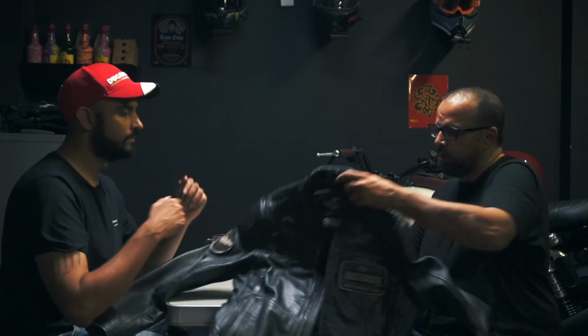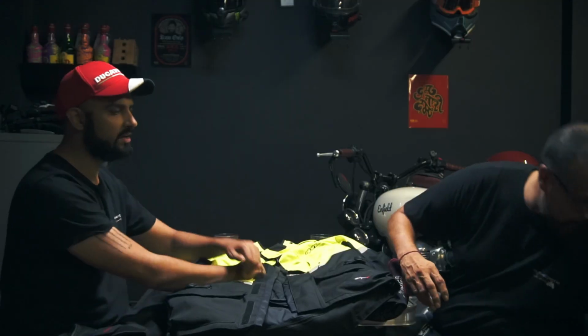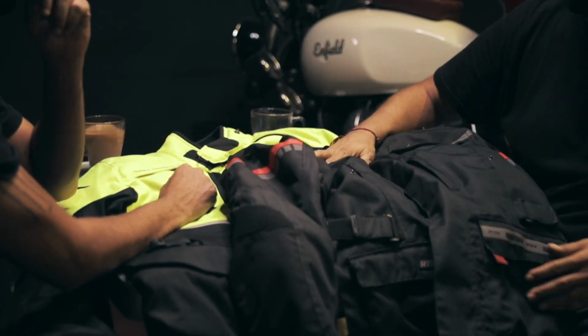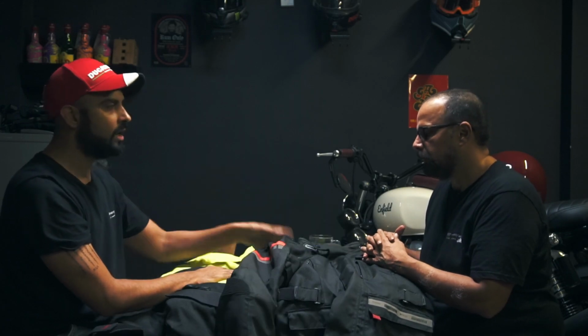Understood. So from a touring perspective, it's really this kind of jacket. Correct. Or the Aspida or a Rhinox. And the brand and price combination is really personal preference. Yeah, correct. If you don't mind spending about 15 to 18,000 rupees, this is the thing for you. If you're okay with spending 9